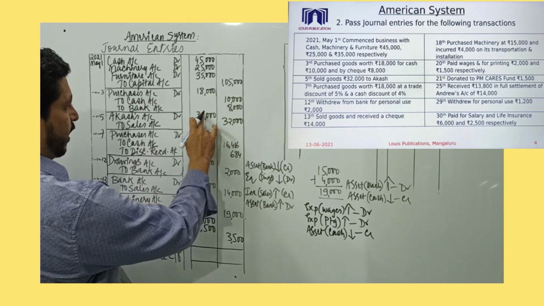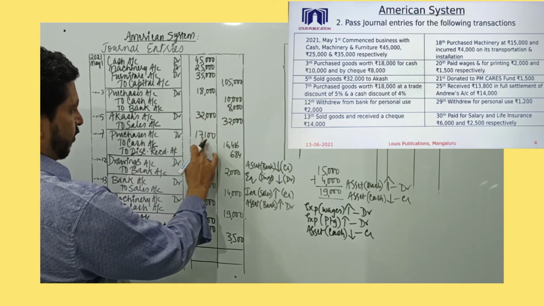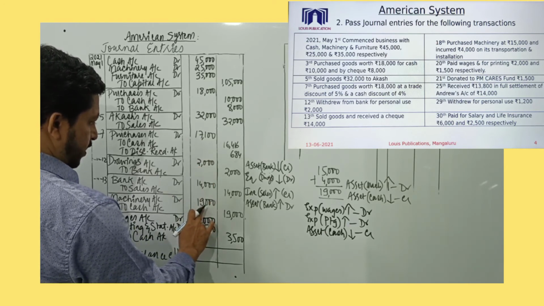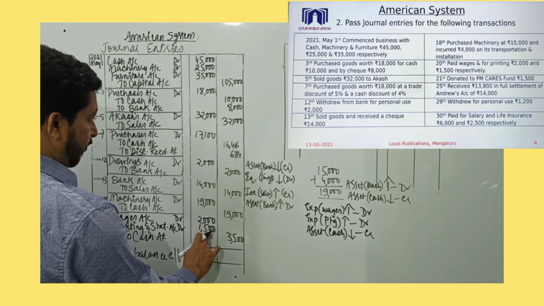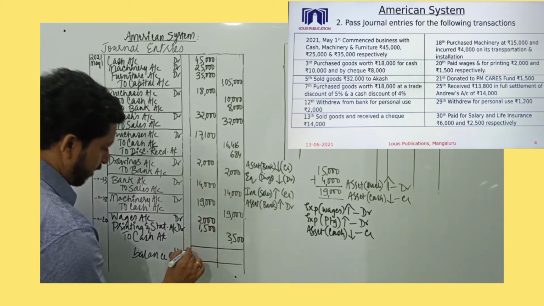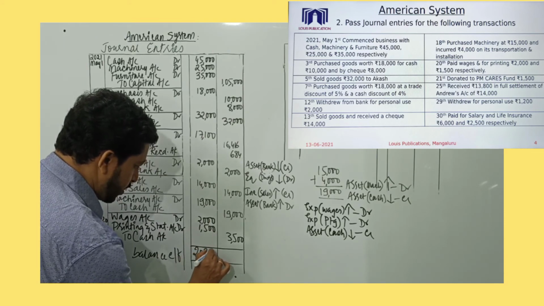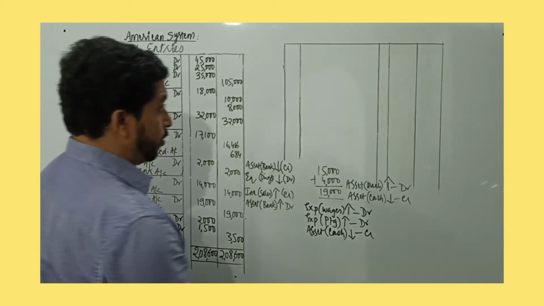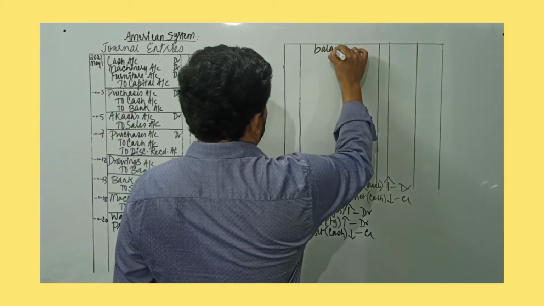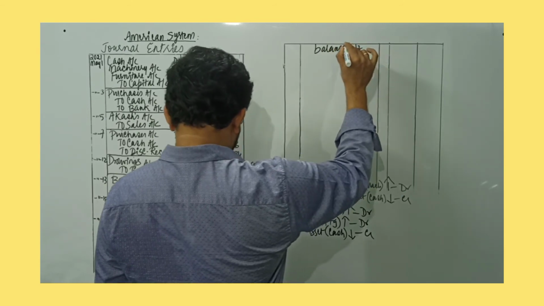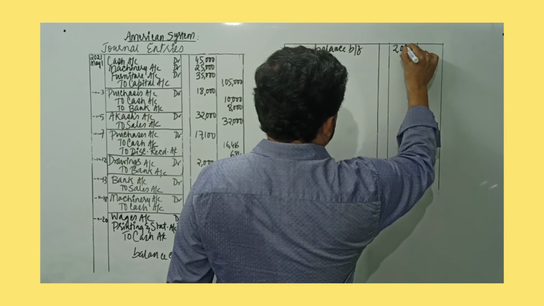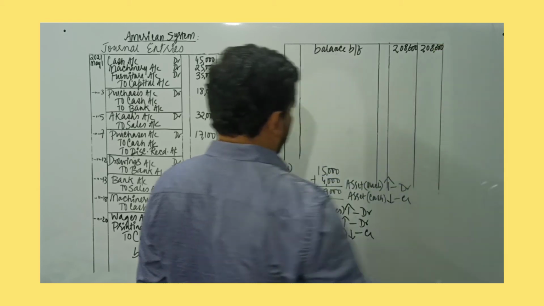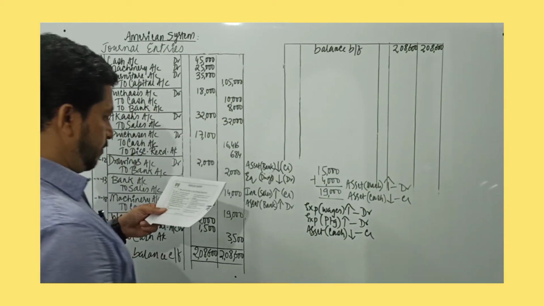1,18,000, 123, 125, 155, 162, 172, 174, 176, 186, 196, 2,05,000, 2,08,500, 2,08,600. So you get 2,08,600 rupees. You can check the total. So before I begin the next page, I record over here balance brought forward. It will be 2,08,600. That is on the same line, debit and the credit amount column.